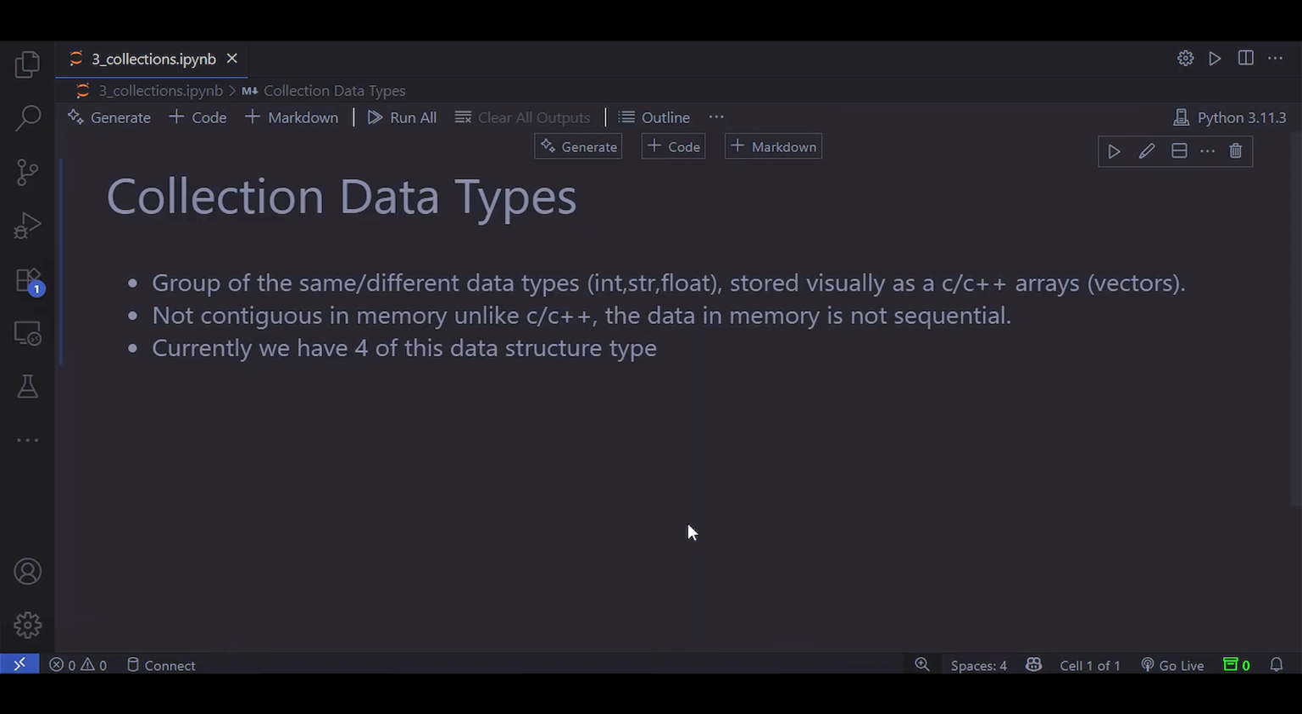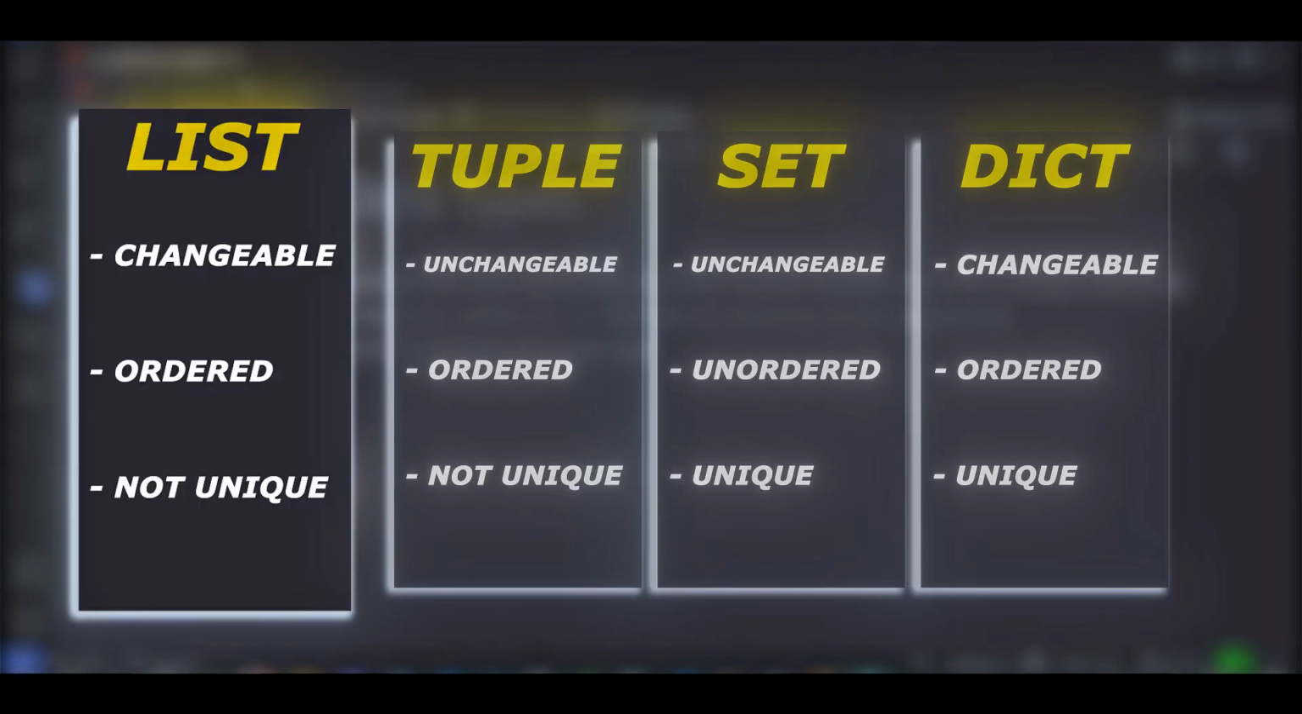Currently we have 4 types that we will cover in this video. First, lists. Changeable means that we can append, insert, or delete elements using indexes. Ordered means that the elements within a list have a certain order, and not unique means that the elements inside